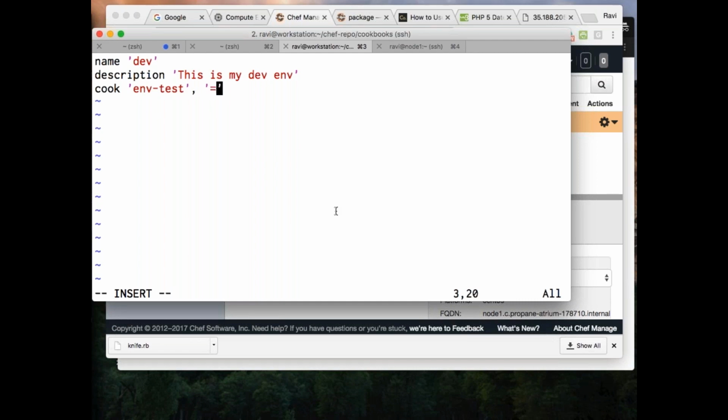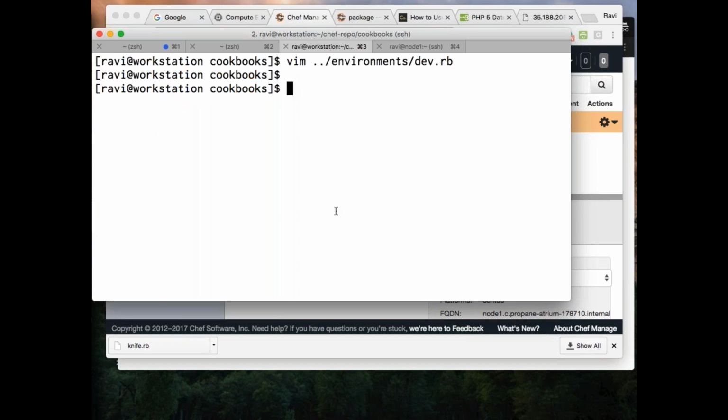So I'll say equal to 0.1.0. This is the version I want to go with in my dev environment. Right, making sense? Now let me go and update this content.